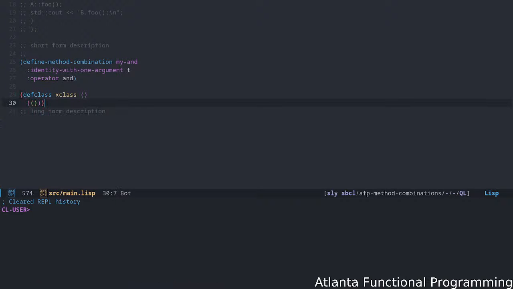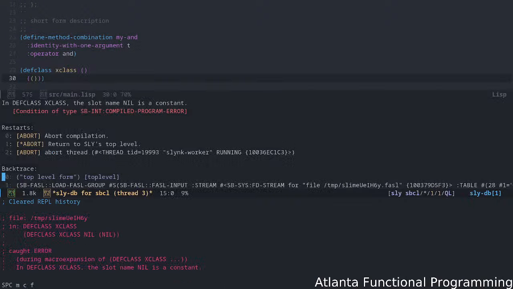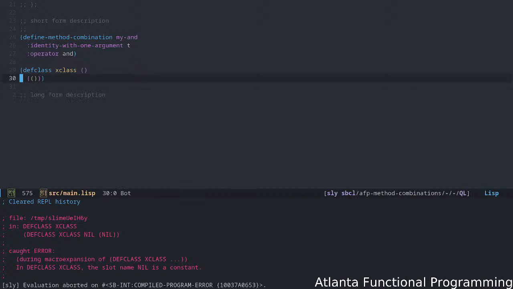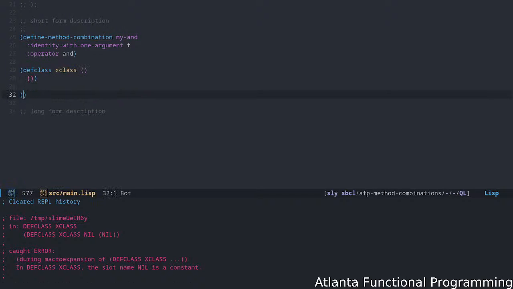We'll go ahead and go this for now. And let's go ahead and do that. Oops. Right, I don't need this. Okay, there we go. And then let's go ahead and do define-class Y class